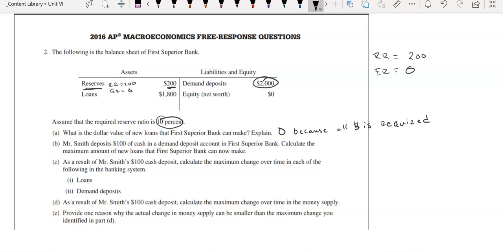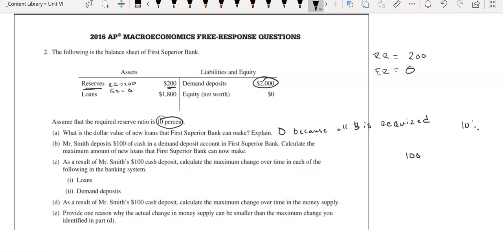So now, if Mr. Smith deposits $100 of cash in a demand deposit account, calculate the maximum amount of new loans that the first superior bank can make, right? So if we have $100 in deposits,